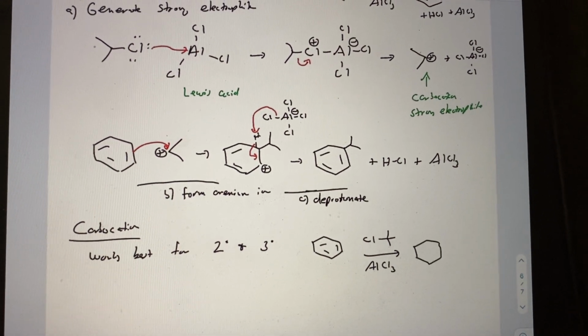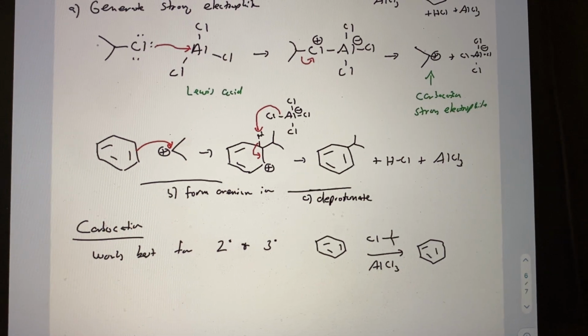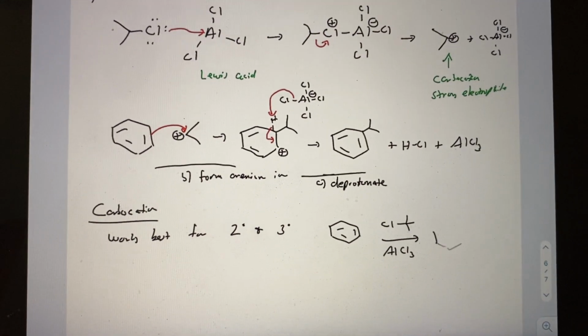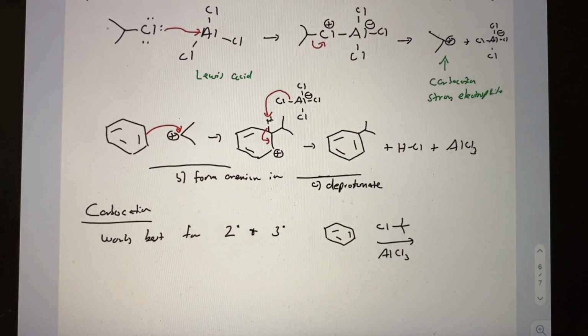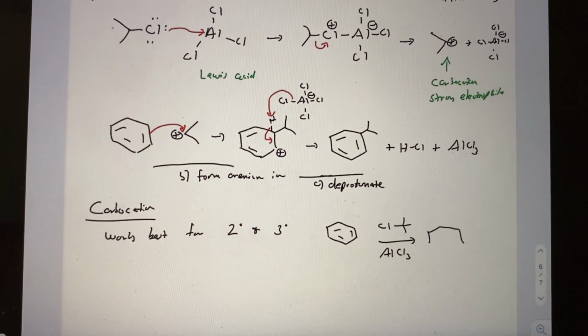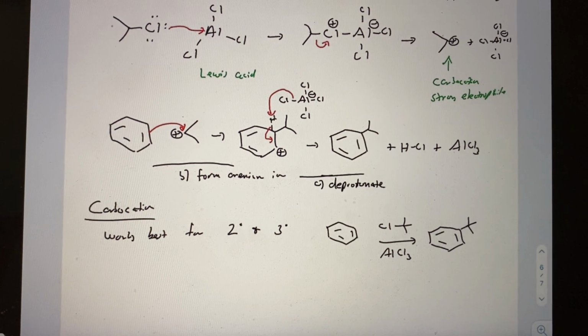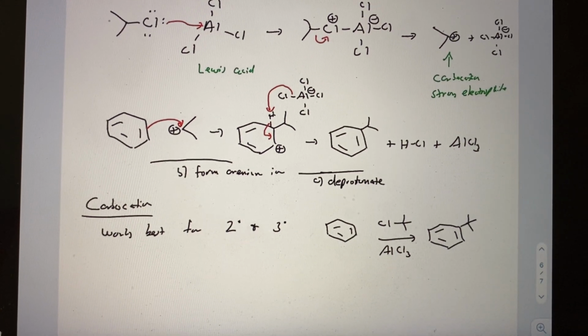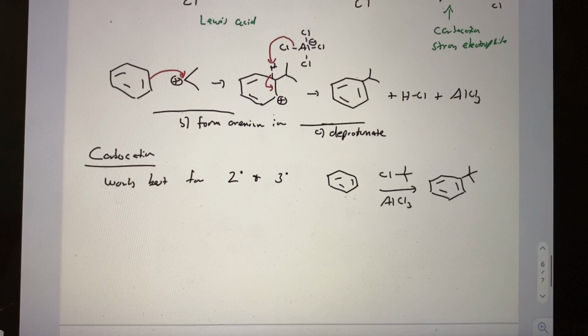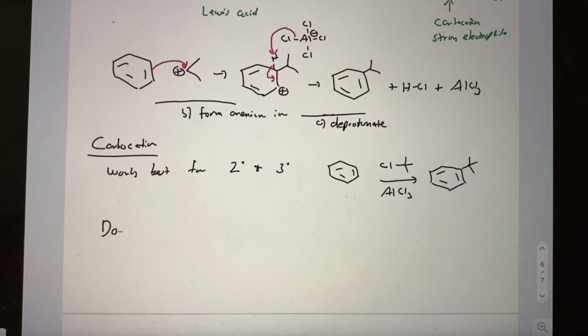We won't draw the mechanism. I can draw benzene a little bit better than that, I think. No, maybe not. All right, we'll go with that. We're going to add a tert-butyl group. So that's all good. And it does work